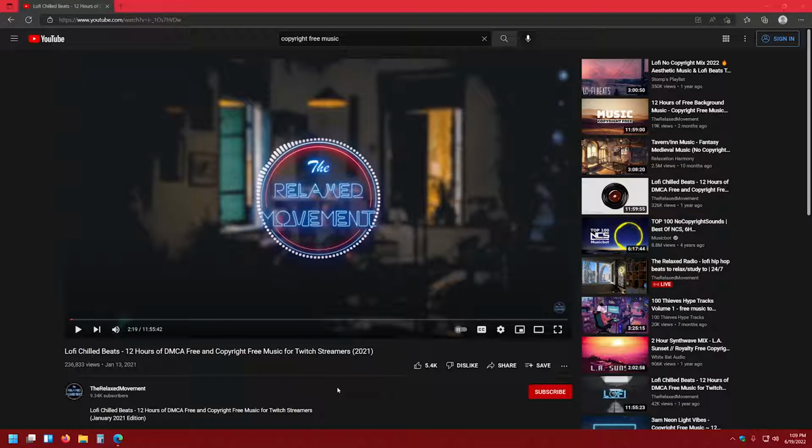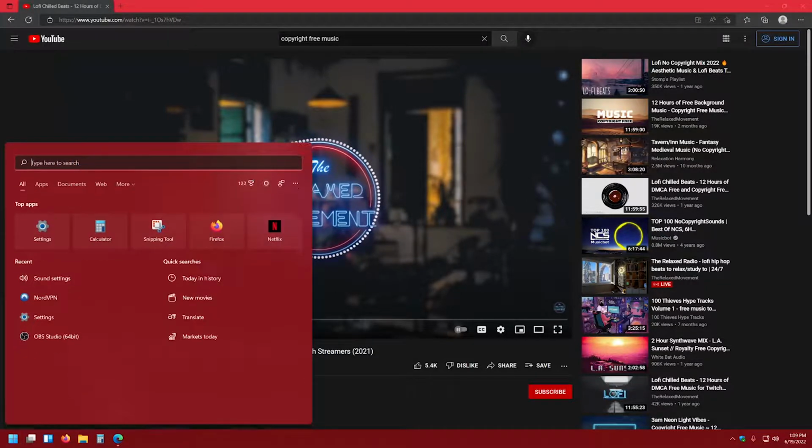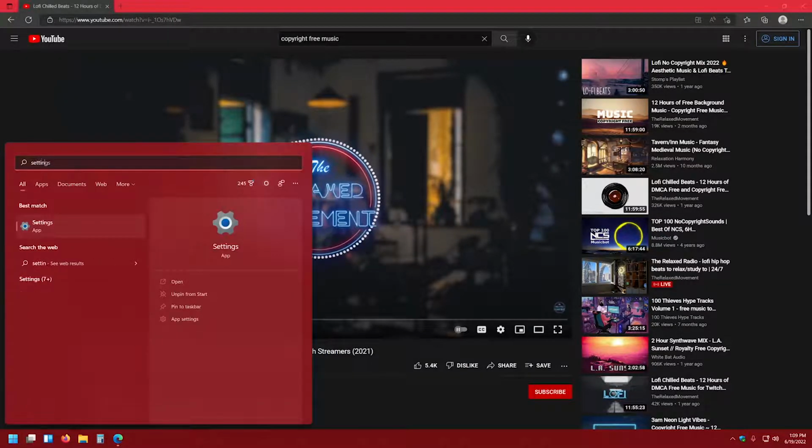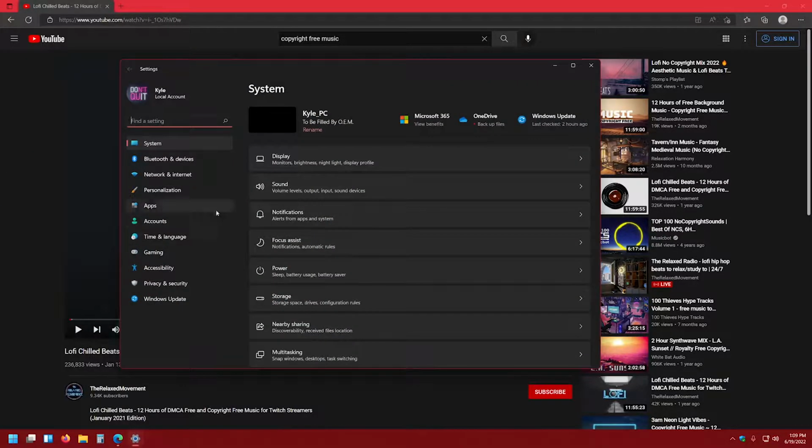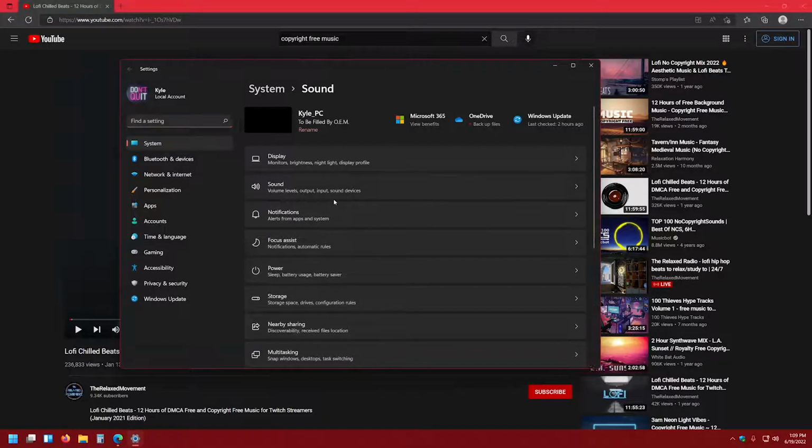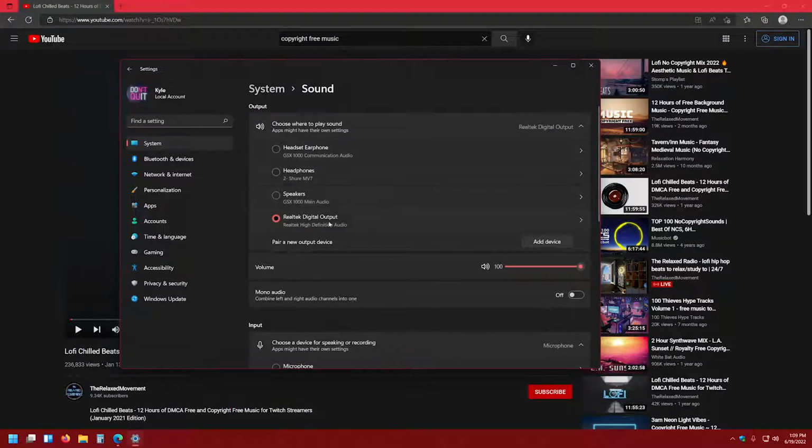So another way to do this is to go to your settings app. Now I showed you how to do that in another video, but I'm just going to come down to the start button and then type settings. Just an easy way to get it if you don't have any icons anywhere else. Boom, and then I'm going to click sound. Now same thing, I can change it here. Boom. Now I change it to my headphones. I can change it to the headphones in the microphone that I'm using right now,